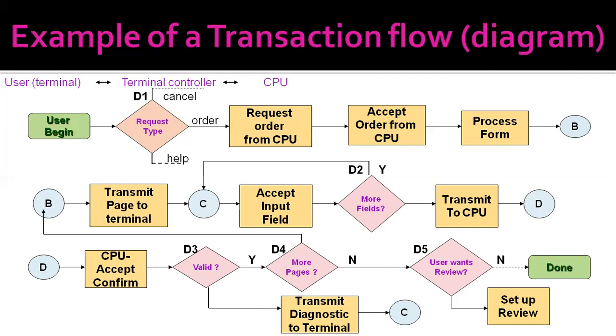And suppose we don't have to fill any additional fields, then we have to submit the form to the dumb terminal. Now the dumb terminal will forward the filled form to the controller terminal, and the controller terminal will forward this filled form to the main CPU. So here the main CPU will validate the filled form, whether it contains valid data or not. Suppose it is asking for a date of birth to be filled, and you are entering the wrong data fields, then what will it do?